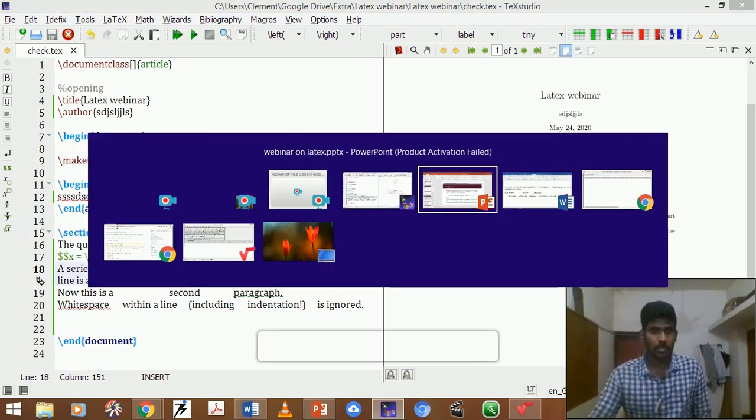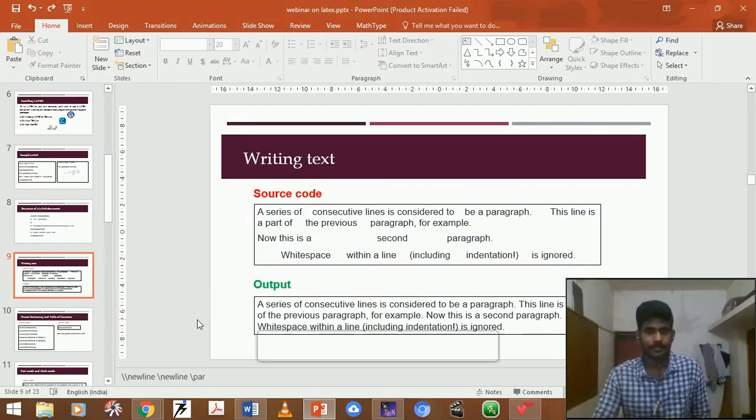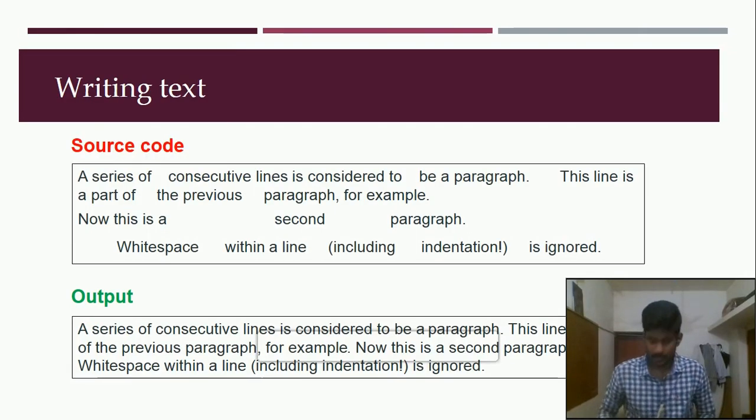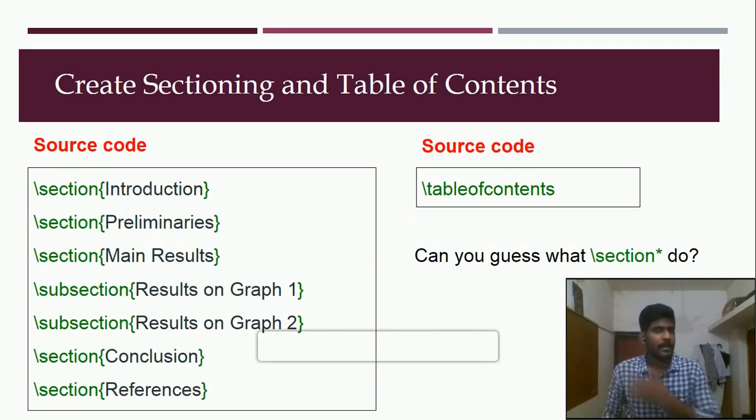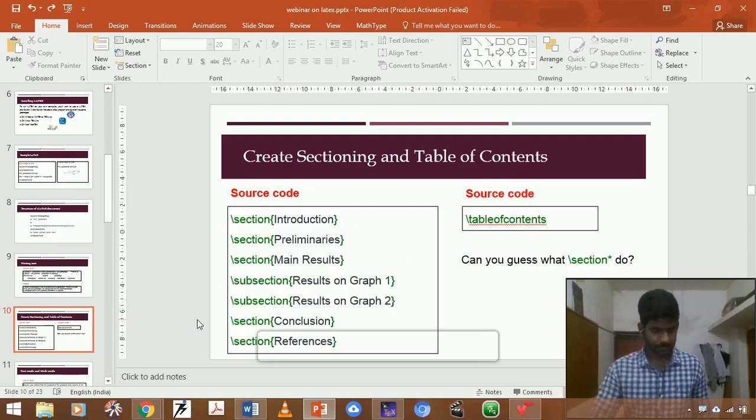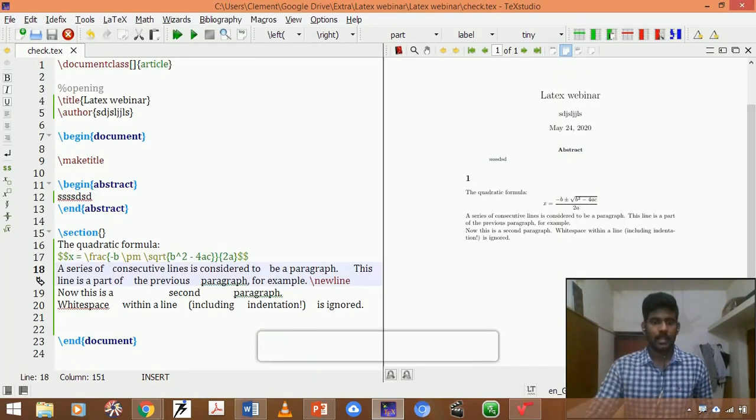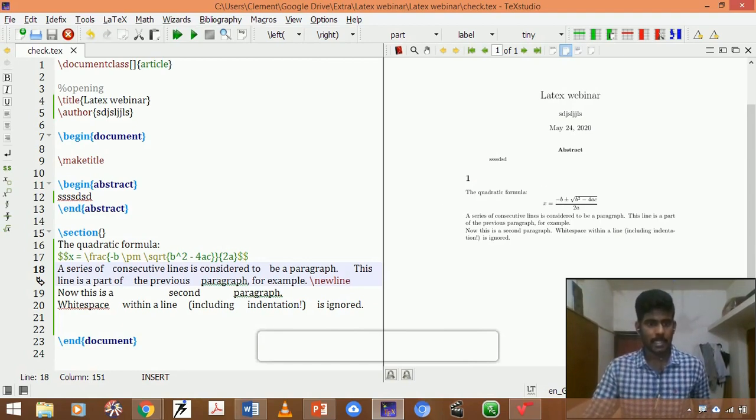I just wanted to go back to the presentation slide. First, we are going to see how to create sectioning and, at the same time, a table of contents in your LaTeX. This section was simply named as slash section.